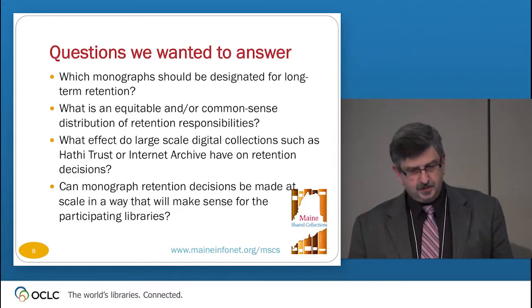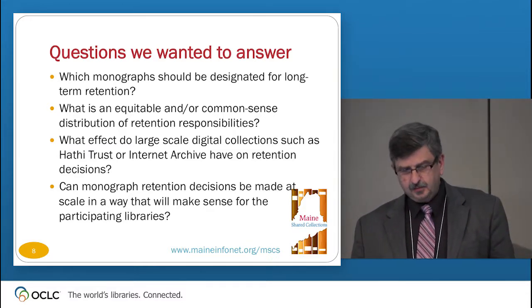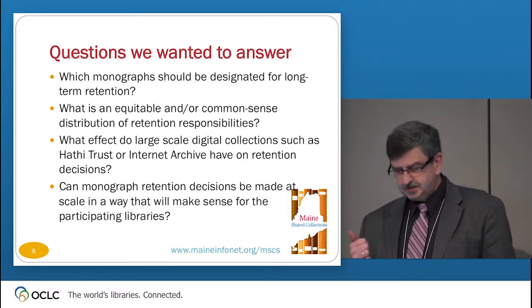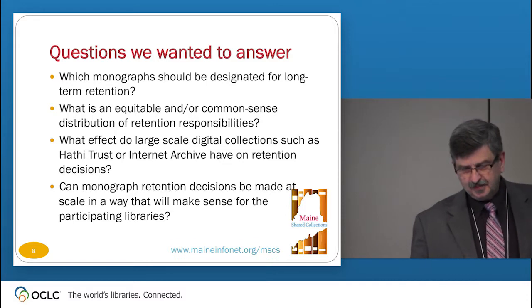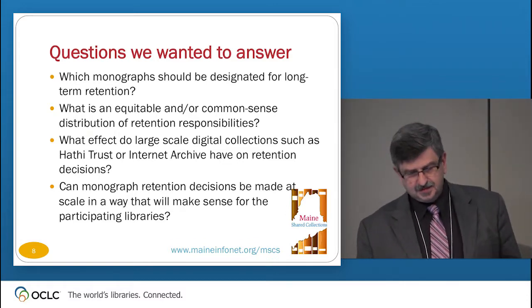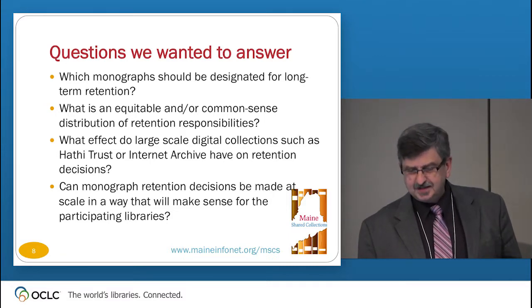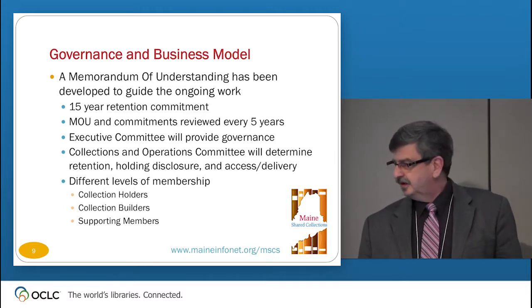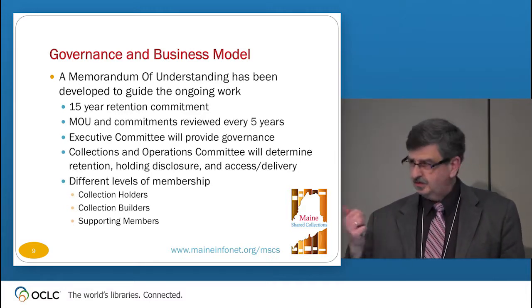So, questions. We wanted to know which monographs were going to be kept long term. Equitable and common sense distribution. We're very much pragmatists in Maine. And can those monograph decisions be made at scale in a way that's going to make sense to the participating libraries? You will see at the end, it makes sense for us, whether it makes sense to everybody. We do have a governance and business model, probably similar to a lot of other